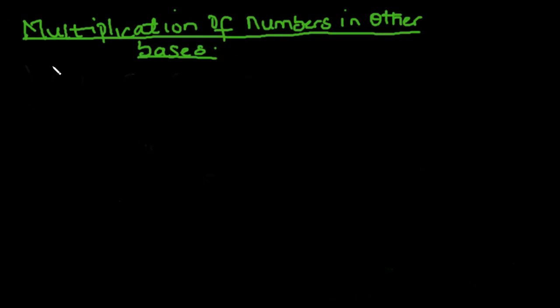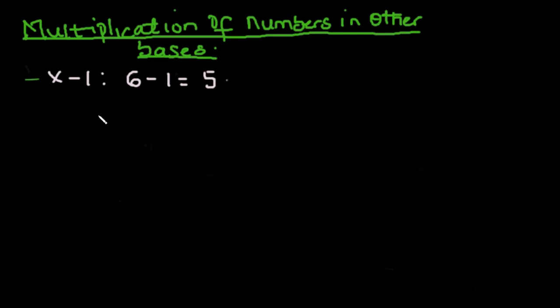Multiplication of numbers in other bases. Now, there are two things you have to keep in mind here before you start multiplication in other bases. The first one is that the highest digit you can find in any base is always x minus 1, which means if I'm having a number in base 6, the highest digit I can find in that number is 6 minus 1, which equals to